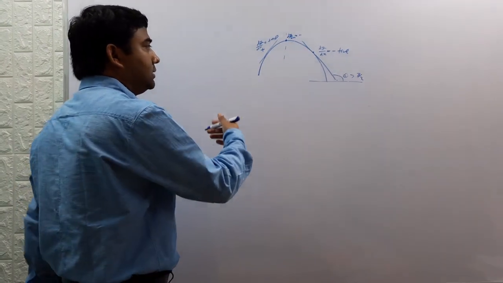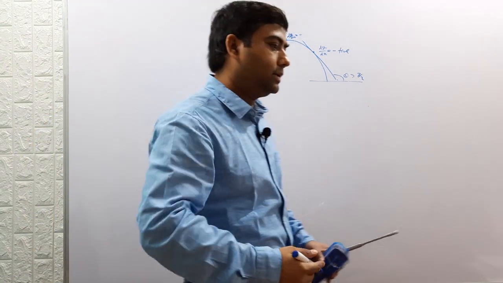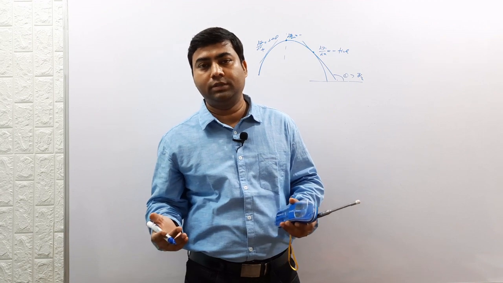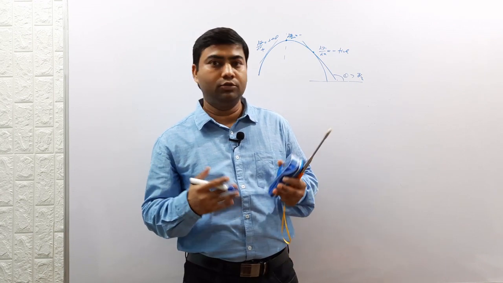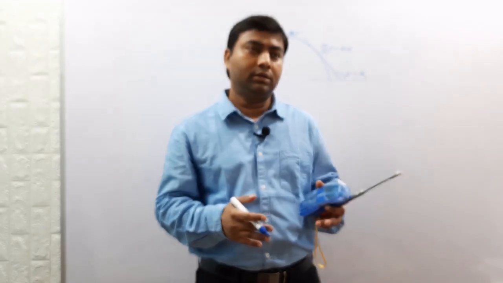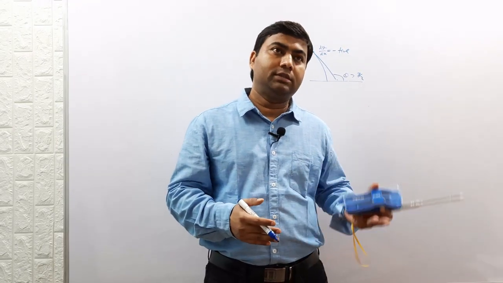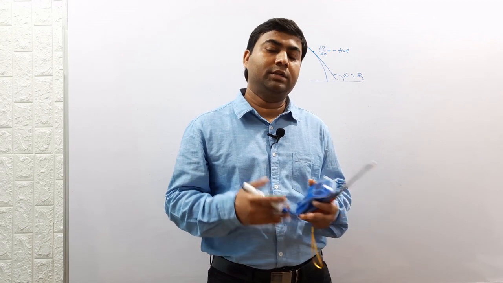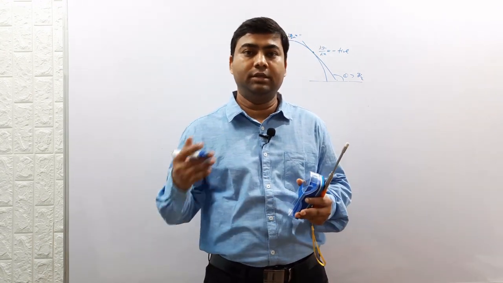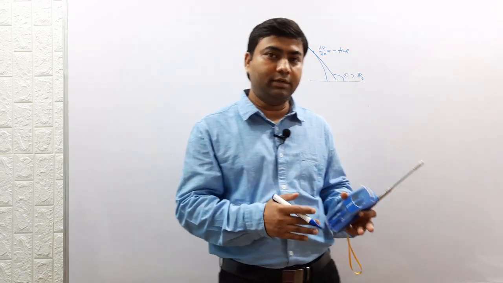So you can see, for an increasing function, the derivative is positive at a certain point where you want to see whether it is increasing or decreasing at that particular point. At that point, if its derivative is positive, the function is increasing. If the derivative is negative, the function is decreasing. That is the derivative test.